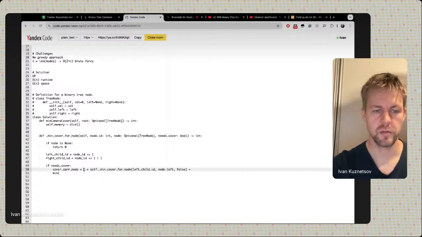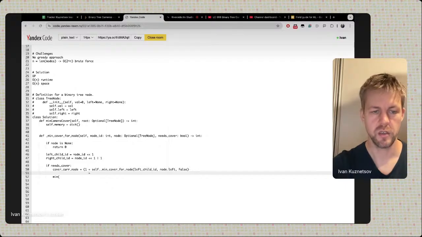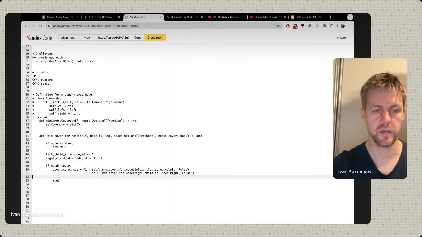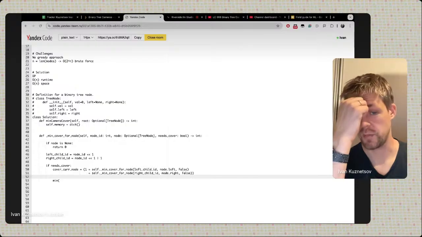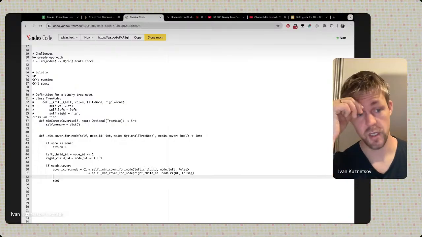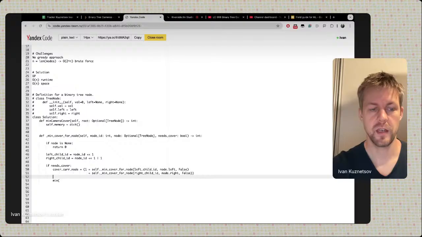Yeah, I probably should make this calculation look nicer. We are too far. Okay, plus, and here we will also be adding self min cover for node right child ID and node right, and we still don't need the cover. So we covered the current node, we will get this amount. Then we can also cover node cover left child will be